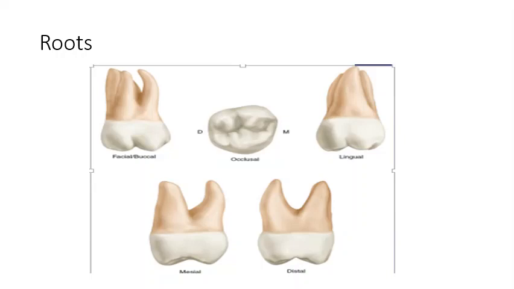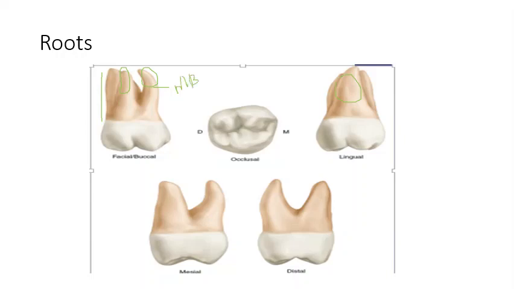There is not much difference. The length of the roots is the same as that of the maxillary first molar, as you can see, but it shows more distal deflection in the apical area. You can see this is more distally deflected as compared to the first molar, and the length of the root is the same. I think it was up to 13 to 14 mm, and the palatal root is the larger one, and there are two buccal roots present, the mesiobuccal root and the distobuccal root, and it